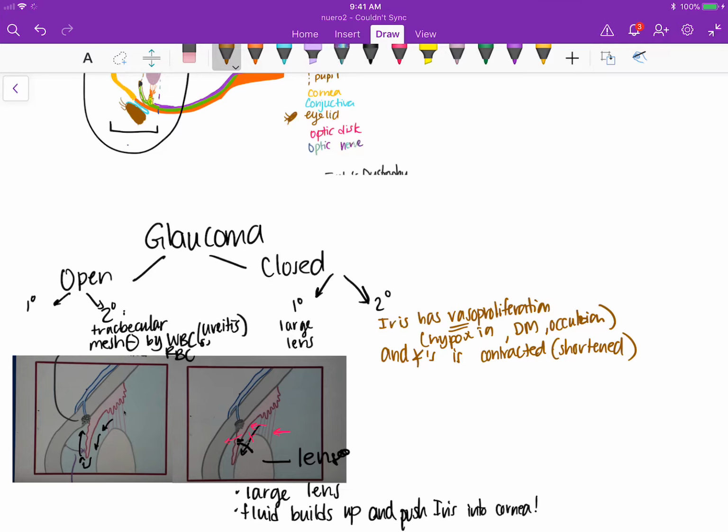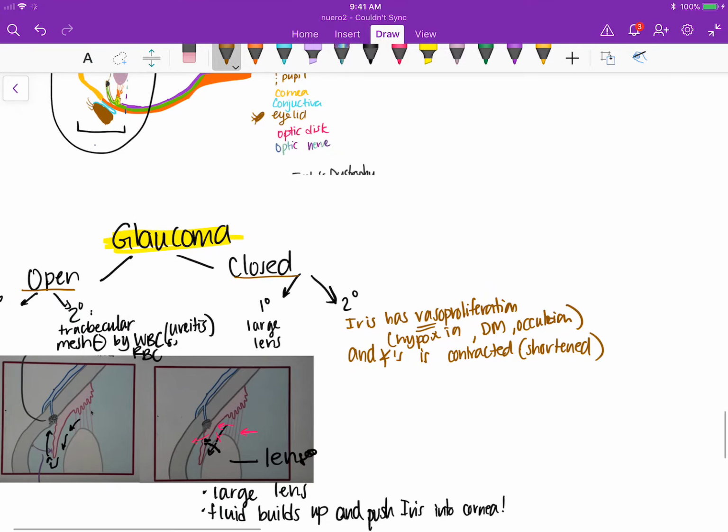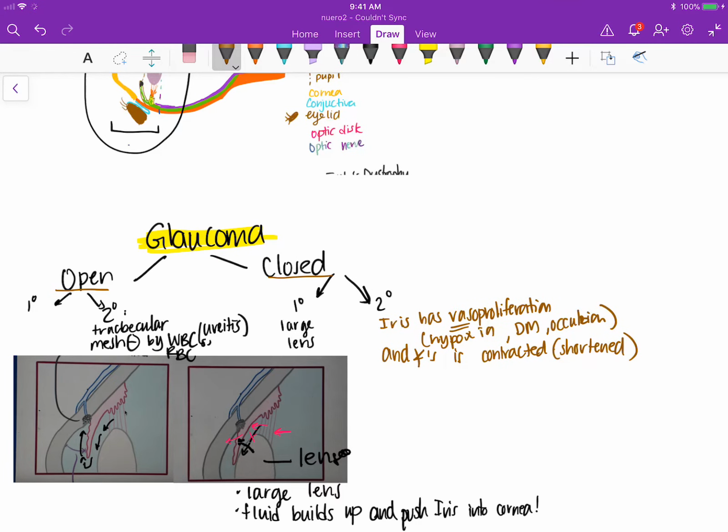Okay, so these are the two kinds of glaucoma that you have here. You have an open one and a closed one. Open one, the cause is unknown. The primary cause is unknown. The second one is the trabecular meshwork is blocked by infection or red blood cells, and so it can no longer